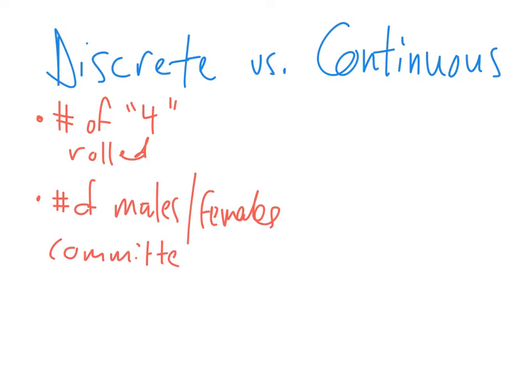So in previous videos we discussed the discrete random variable for probability distribution, the number of fours rolled, the number of males or females on a committee,